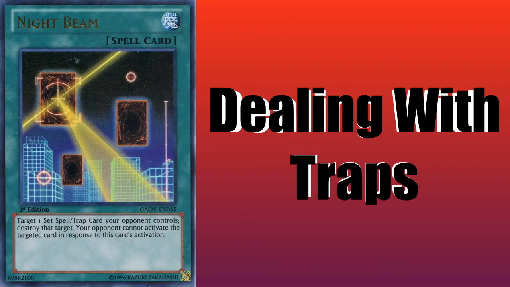Now, it is possible for people to play around Night Beam by activating a secondary card and then activating Dimensional Barrier. The other feature of Night Beam that's pretty cool is it's a 1-for-2 in that sense. Your opponent still has to activate another card just to activate their other card, so this avoids you having to discard a card. You could even get away with just playing Heavy Dust Storm and destroy 2, but